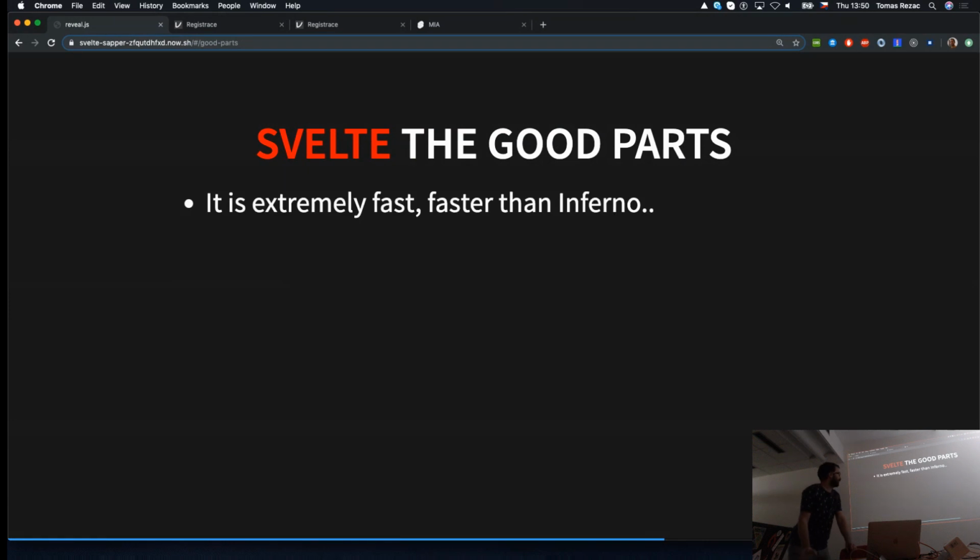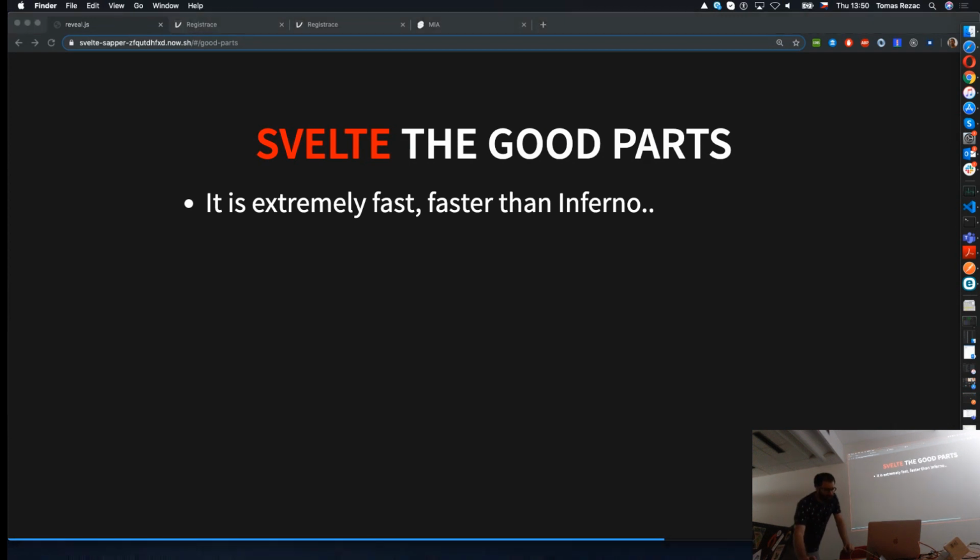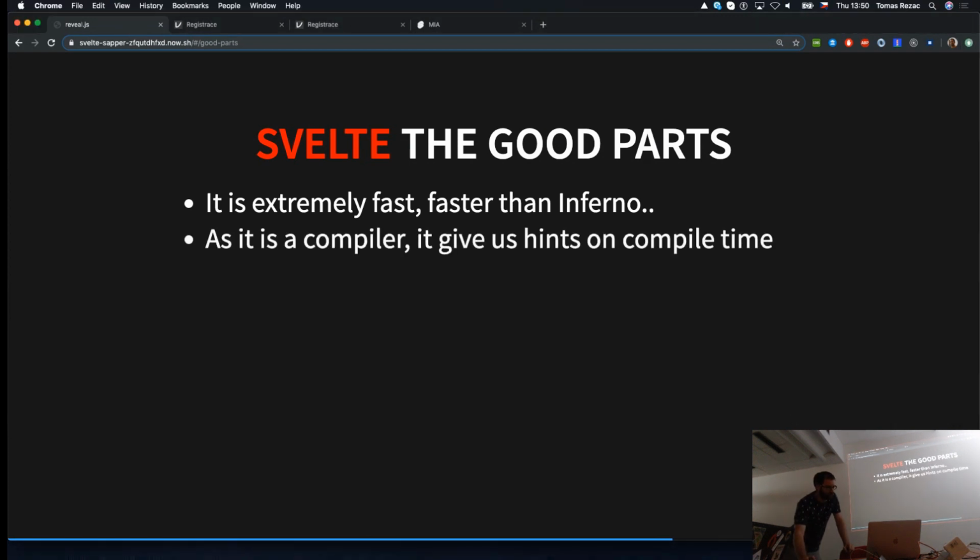So the good part is the speed, as we saw, it's super fast. It's a compiler and it hints you when you compile. In some frameworks you get the hints too late, maybe if you do a production build, but not before. Here you get it straight away, and it can hint a lot of things, not only that there is a bug in the code which just throws an error.